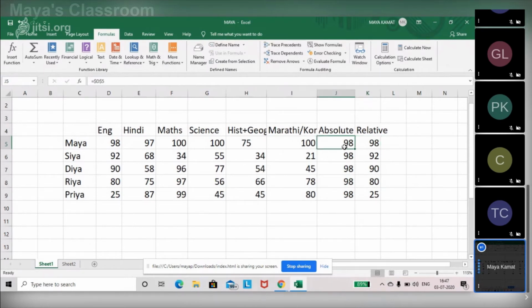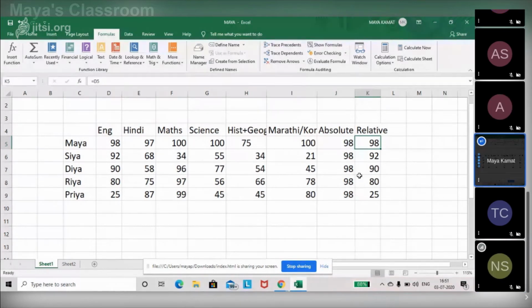The moment I say absolute, absolute will make it hard coded, meaning you are not able to change the data anymore. Relative will change as per the relative cell from where you have chosen the data. So it keeps changing the data as per the first entry. But absolute is going to make it rigid.